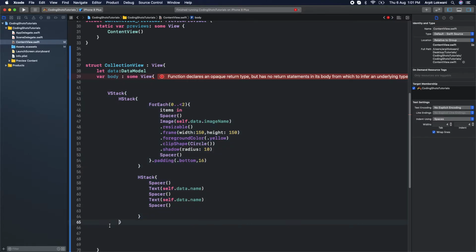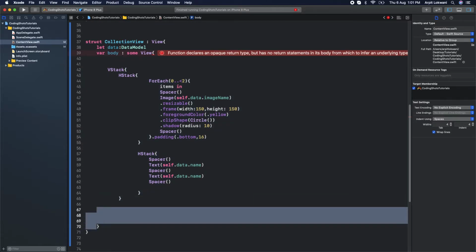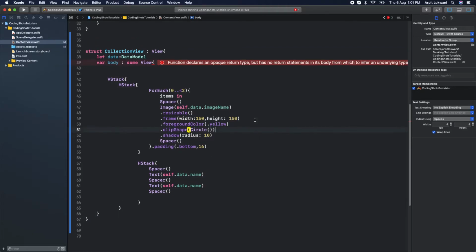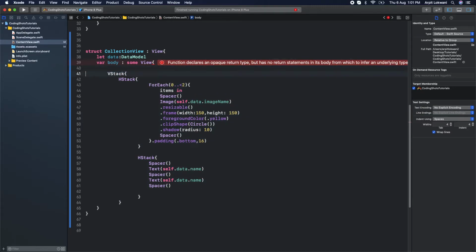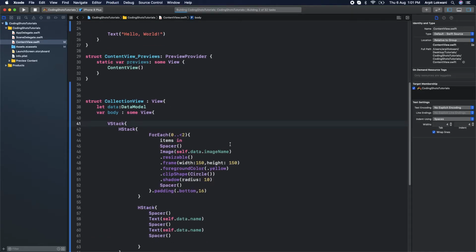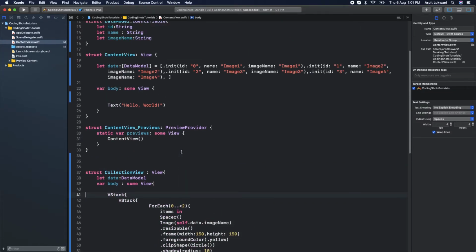So I think error should not come because we are not returning any multiple. Okay, let's see what this error is. Opaque return type. Yeah, we are not using it properly. Let's clean this and see. Error should not come, right? Let's build this, Command B. It should work now. At least build should be successful because our work is pending after this also. Oh, superb. So now pictures start.